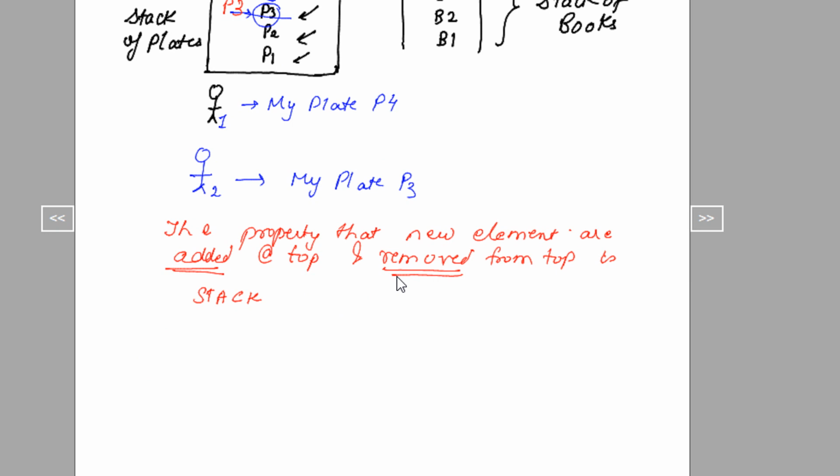So you can remember that in stack, I just remember when I used to study, stack has the word T, right? So basically we do everything on the top. We do everything on the top.